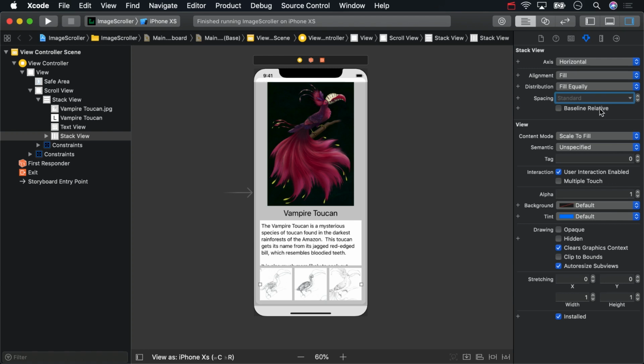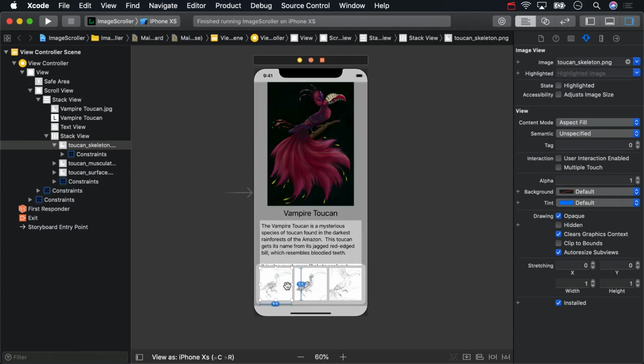The horizontal stack view is getting its width from the parent stack view. That width is also setting the height for the stack view because the images are each constrained with a 1:1 aspect ratio, and we've said they should be distributed equally. If you try to build and run now,